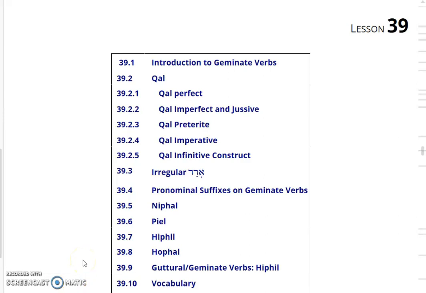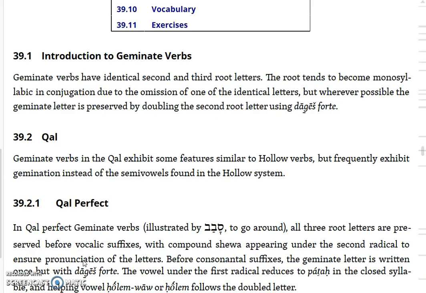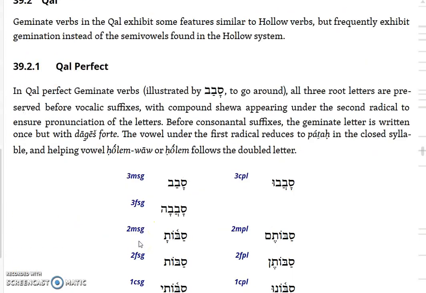Well, I now move on to lesson 39, which will talk about the geminate verbs. Geminate verbs are verbs in which the second and third consonant of the root are the same. In some ways, they're kind of like the middle weak or the hollow verbs, but in some ways they are unique to themselves. In the Qal perfect, geminate verbs, as illustrated by savav, which means to go around,